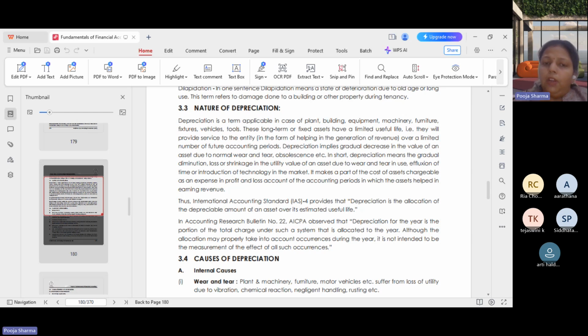Now, residual value, we have already done that. It is what we are expected to get at the end when we are going to sell the asset. That is the residual value or scrap value. When we have no further expectation from the asset and we sell it, the amount that we get is the scrap value, which is almost negligible. Now, depreciation recognition: depreciation is recognized as a profit or loss.